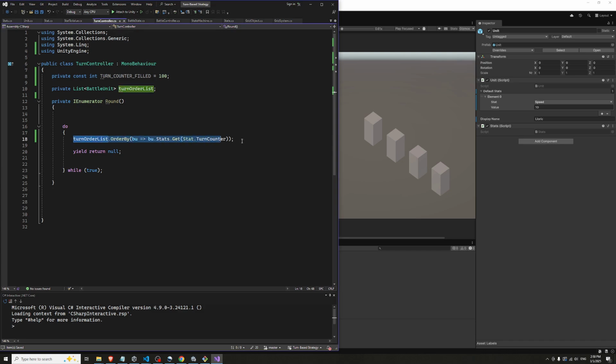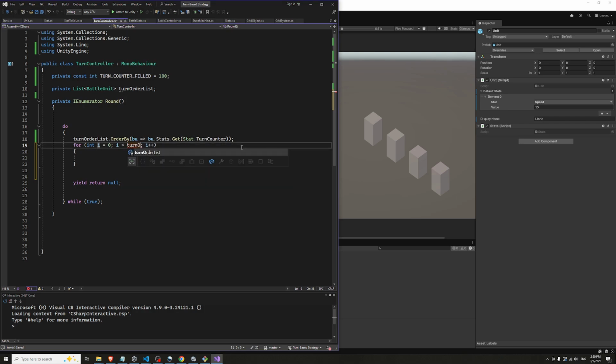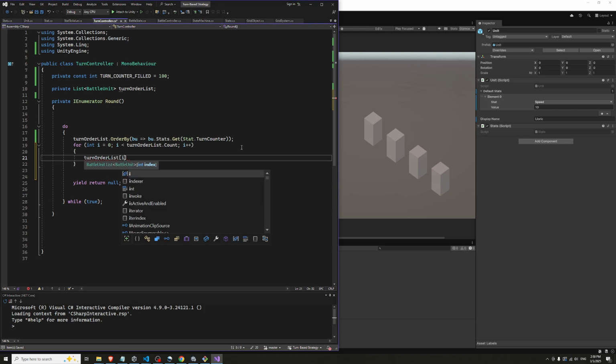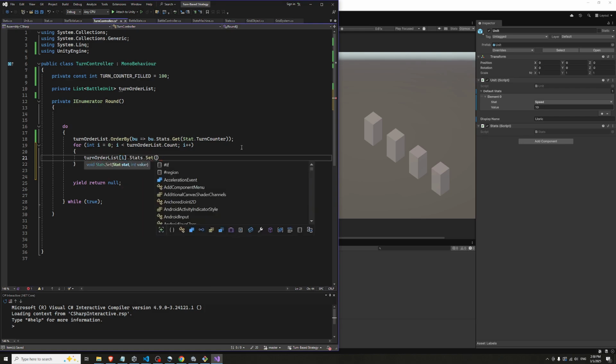So if we order them and then add everyone's turn order list dot count, dot starts dot set